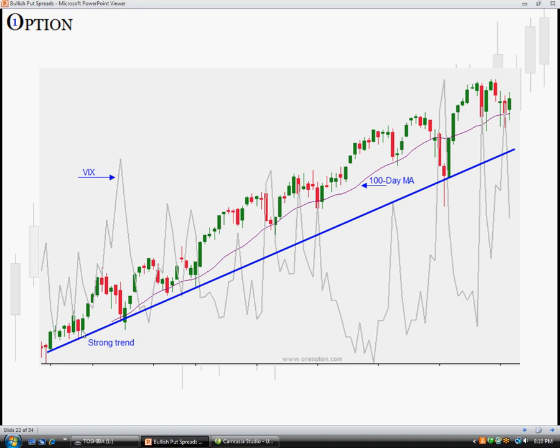Okay, since the market is in an uptrend, you get a nice rally like this, and some people will look at this chart and go, ha ha, rally, stalling out a little bit, maybe I'll sell some call spreads here. Well, look what happened to the premium. The bottom fell out. So if you sell a call spread right up in here, all you need is for the market to continue,